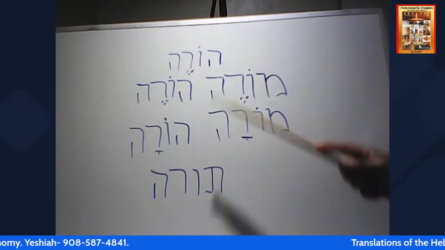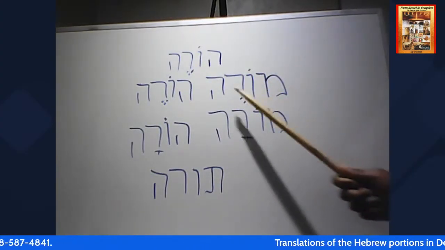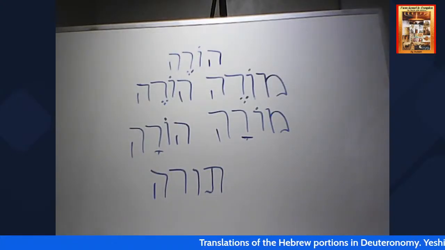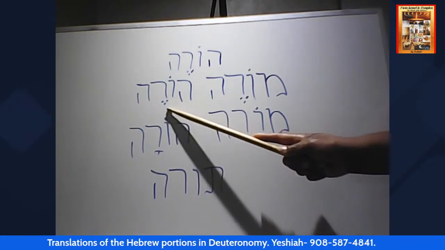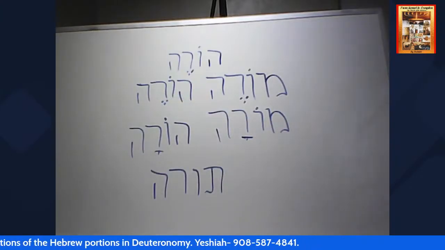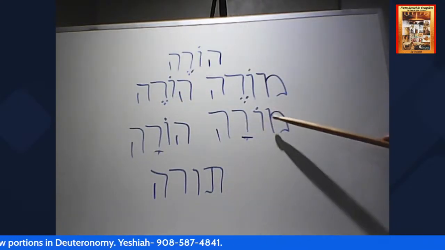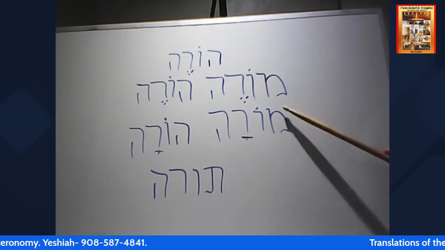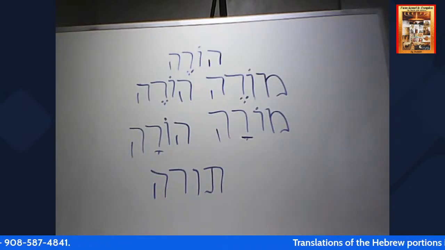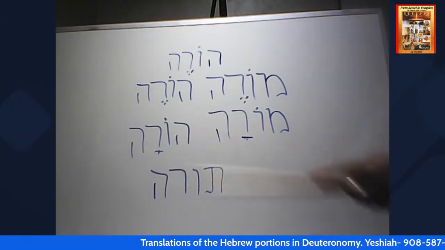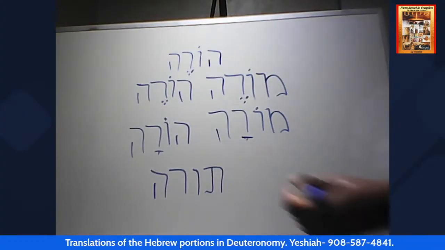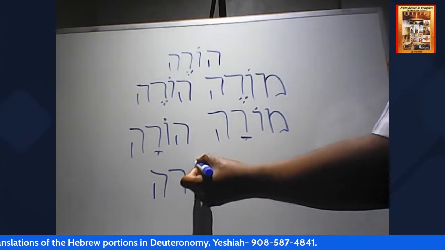Hore in root, meaning to teach, the verb. More, a teacher, a male one that is. Hore, in this case treated as a noun, the male parent. Then we have morah, meaning female teacher, or a teacher that's a female. Then we have hora, a parent that's a female. And we have here the word